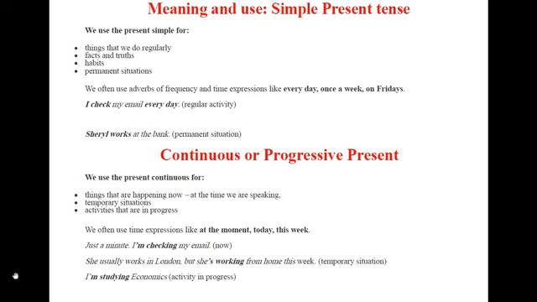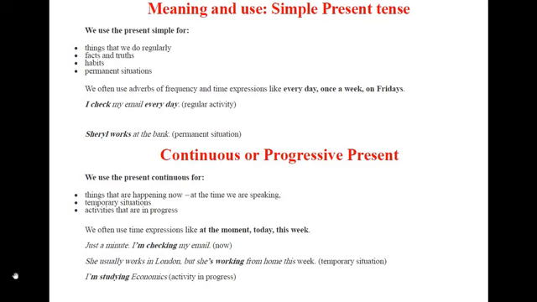So today we're going to get deep into the details of the structure of these sentences. First, we're going to start with the simple present tense, the meaning and the use of this tense. We use the present simple for things that we do regularly, facts and truths, habits, permanent